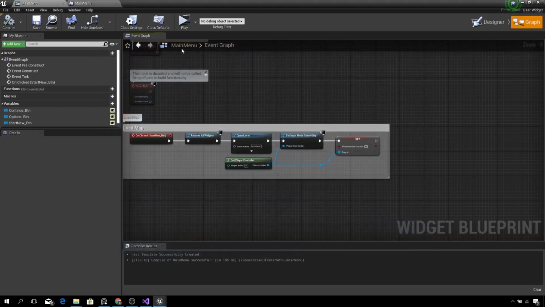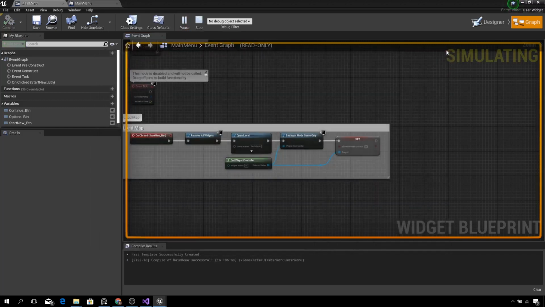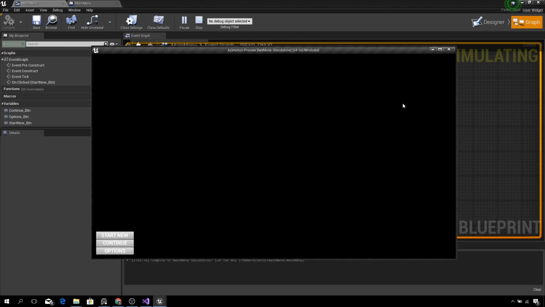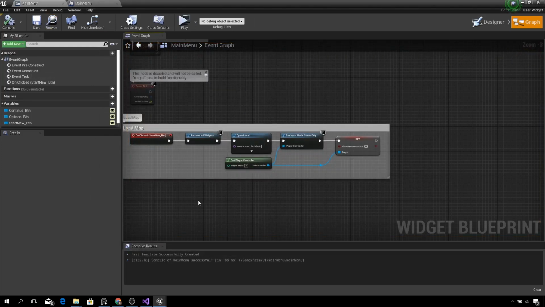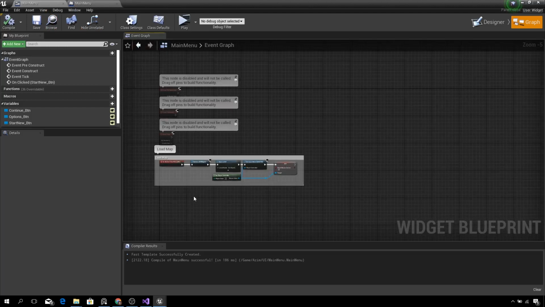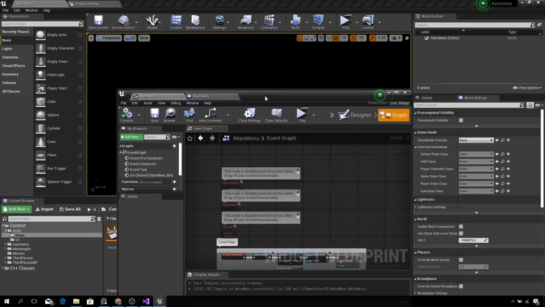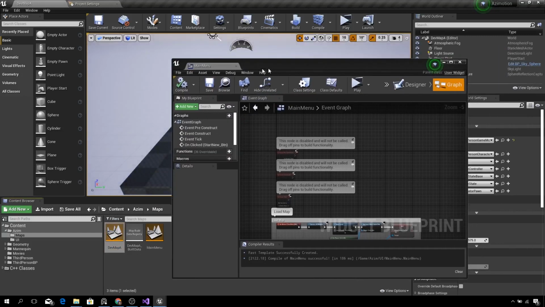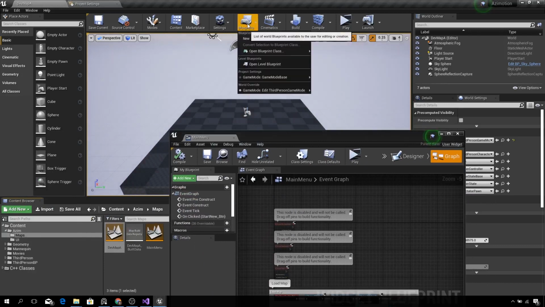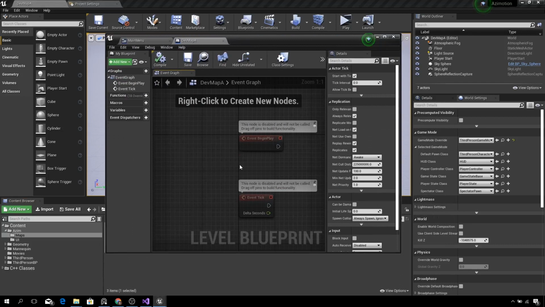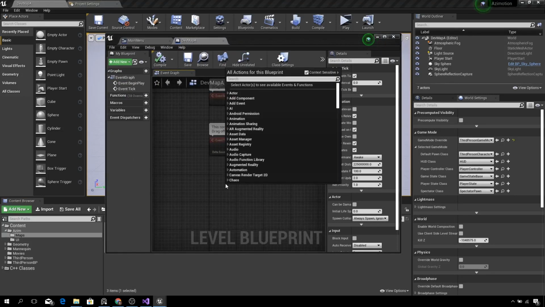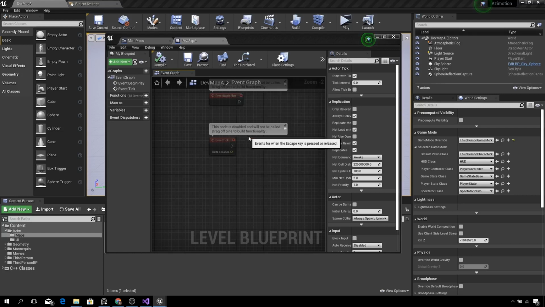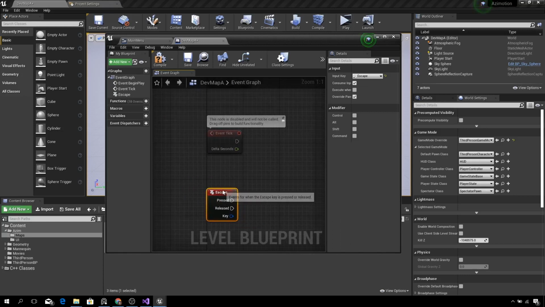So when you hit escape, it will go. In the editor, when you escape, it will close the window. So let's try to add some functionality to that. Since now we are in the demo page, let's go to level blueprints and add some key event. Then press